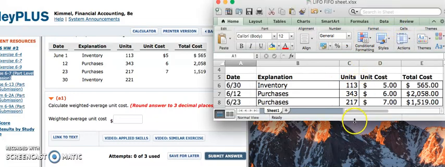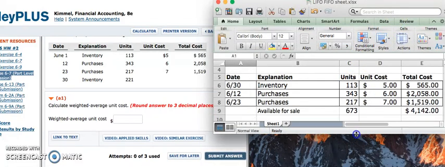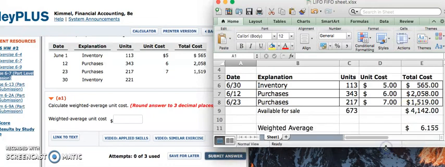So here we go. I put this in Excel, and if we slide that down, we can see the total number of units available for sale is 673, and our total cost is 4,142. So when we divide that out, we get an average weighted cost of